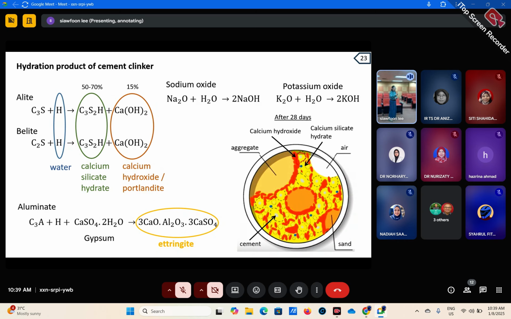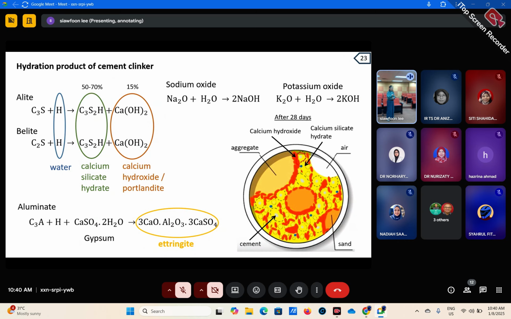And on top of it, it will form calcium hydroxide, or another technical term that they usually use in civil engineering, which is called portlandite. Okay, and then for the part of the aluminate, when you add water and a little bit of gypsum, they form the other component called ettringite. Okay, and the small percentage of sodium oxide and potassium oxide will actually react with the water and form